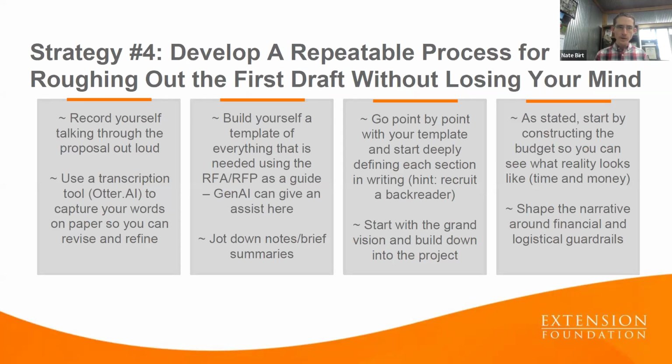I've got two more for you. The first is to develop a repeatable process for roughing out that first draft without losing your mind. I say that tongue in cheek, but for real, it can be a lot to digest, as Anne mentioned earlier. Going through that RFP, not just once, but probably two or three times. There's a lot of detail there, and it takes time to process, organize it all, and make sure you're not missing